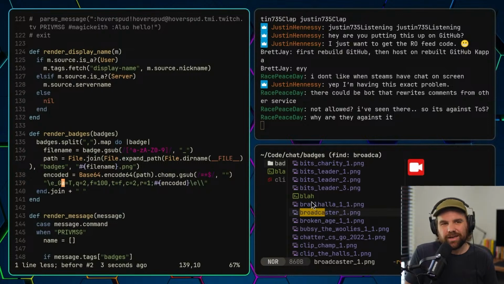Why are they against it? Well, they say they want the best Twitch experience for Twitch users. They want to rank Twitch at the top of the priority list of things that you care about. Also, if you've ever watched a YouTube live replay, the chat window on the side is kind of bad. It's not very good. I always just end up putting it on another screen and full screen anyway.